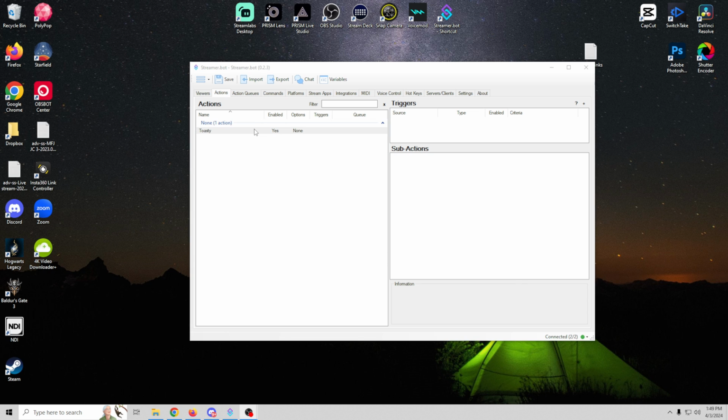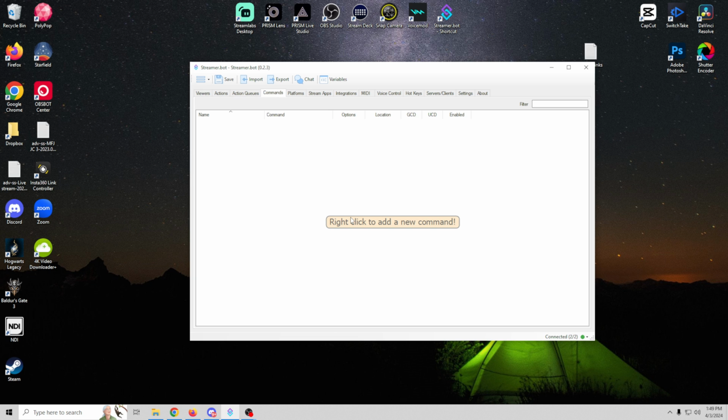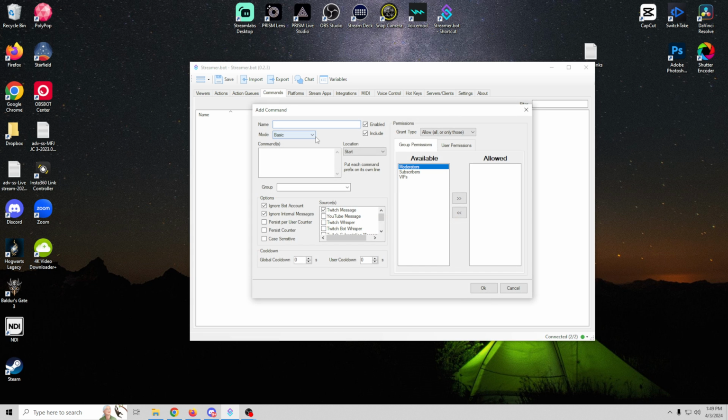So now that we've got Toasty created in actions, we want to set up a command that's going to trigger it. So what we're going to do is we're going to go in here, we're going to right click, and we're going to go to add. We'll call this Toasty, and we're going to put the command in here that we want to activate Toasty, and it's going to be a chat command. There we go. We'll just put the little exclamation point Toasty,